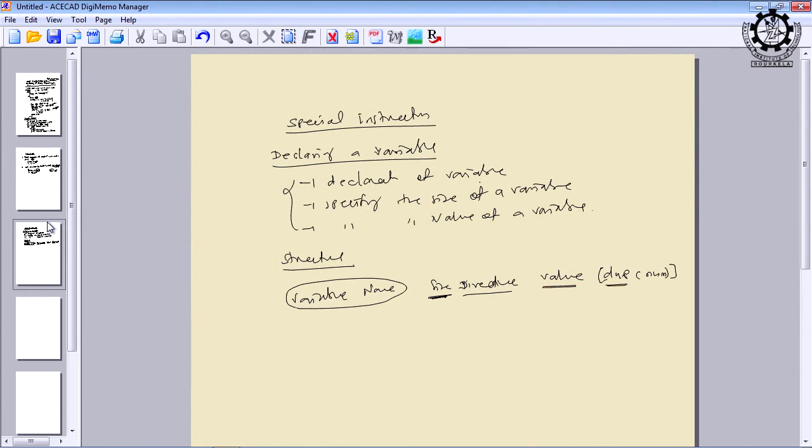And what is a DUP? DUP stands for duplicate. That means if you want to have an array of 100 elements, only once you have to declare. So, automatically 100 positions will be reserved from the beginning of the program, which means 100 memory locations will be reserved. And whenever you use that array in your program, those 100 locations will be useful, and no more than 100 locations will be used, because you have to make it finite.